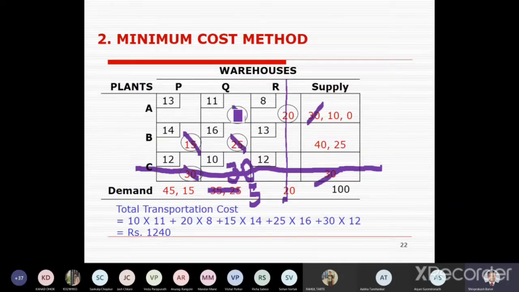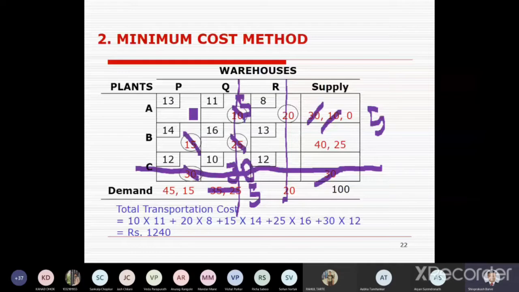So at this cost, now you have to allocate the cell. Now check how much supply is remaining. Here 10 is remaining. How much is remaining here? Here 5 is remaining. So directly check which is minimum of these two. 5 is minimum, so allocate 5 here. Once this 5 is allocated, you see this column capacity is over, and instead of 10, the remaining amount is 5. And now you can see that Q is over, R is over, C is over as well.